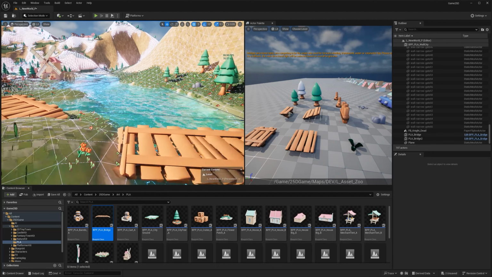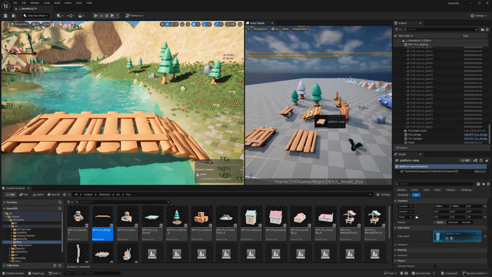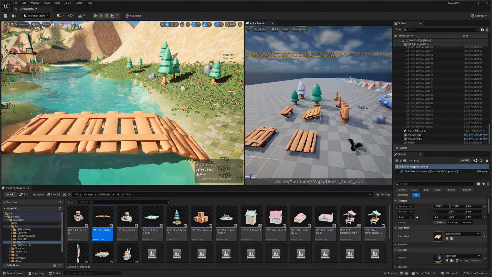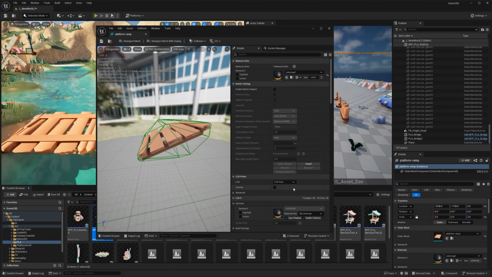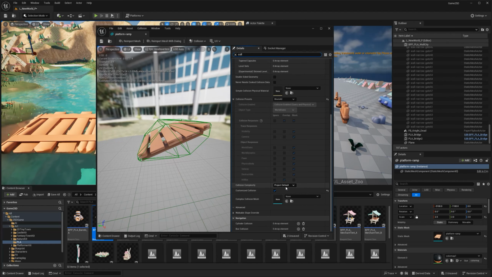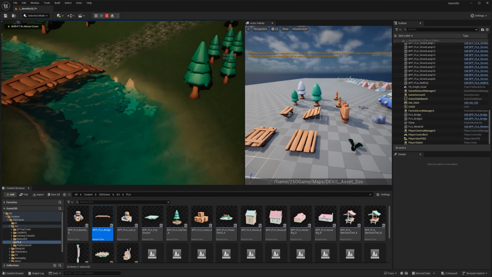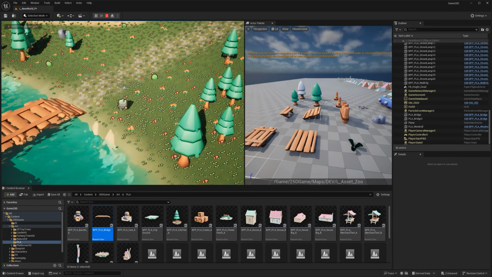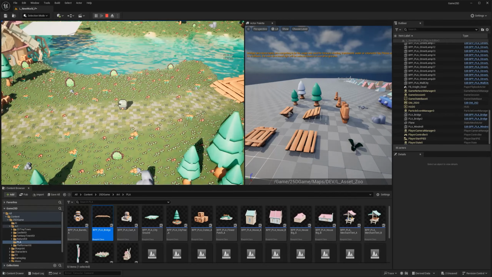So pretty straightforward. This one is easy. Let me remove show collision. I can just go here to the mesh. I use this one and I use the other one. So I can just double click the geometry. It's going to load it. Show simple collision. And it's literally a block. I just need to go here, type collision, and use complex collision or simple. Save it. And I think that should be good enough. Yep. Perfection.